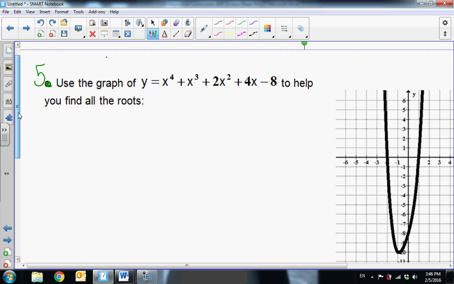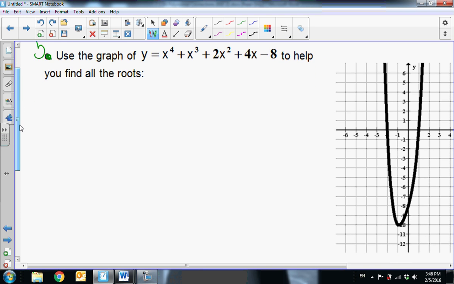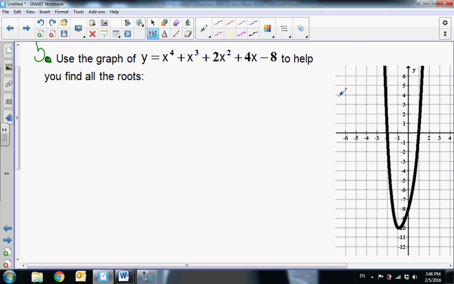Okay, pretend this graph wasn't there. Okay, pretend it wasn't there. If I just asked you to find all the roots of x to the fourth plus x cubed plus 2x squared plus 4x minus 8,